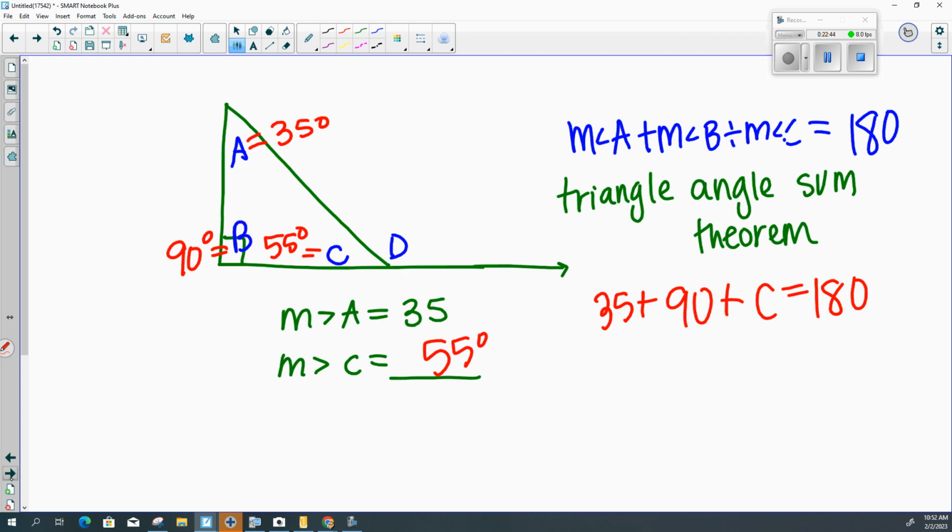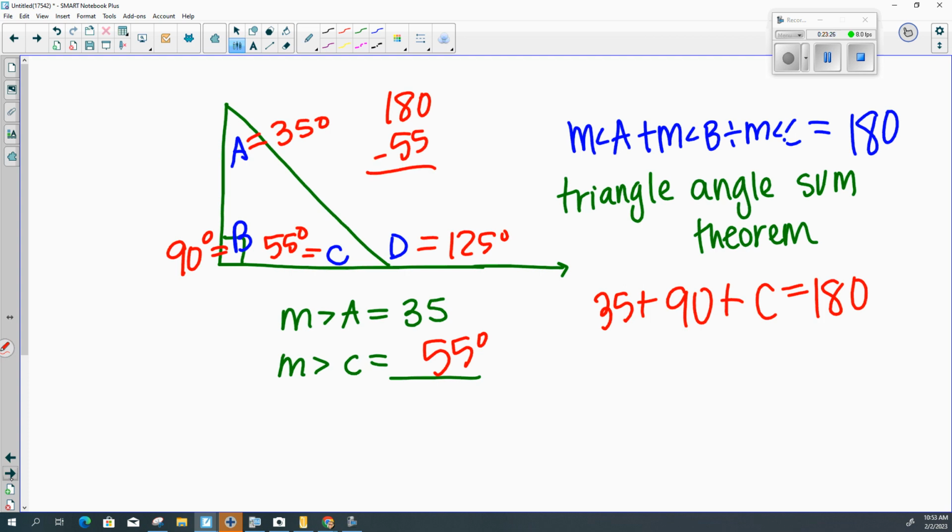Devin, did you find it? I don't know, is it? Okay, compare with your neighbor. Ethan, what did you have for the measure of angle D? How did you get that? How did you know that they were equal to 180? Yes. These two are supplementary angles. They are a flat line. So he did 180 minus 55,